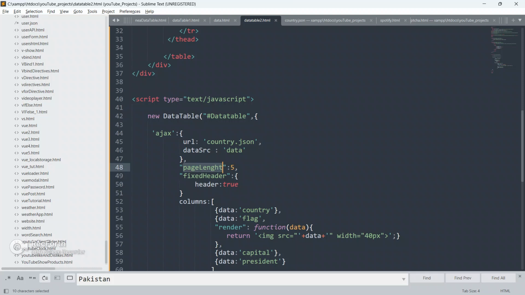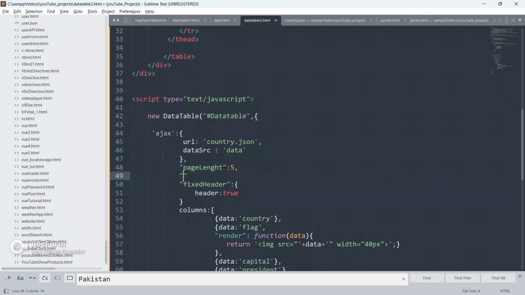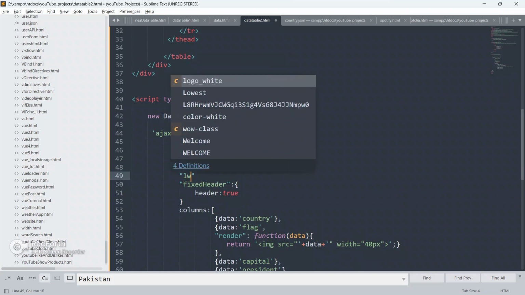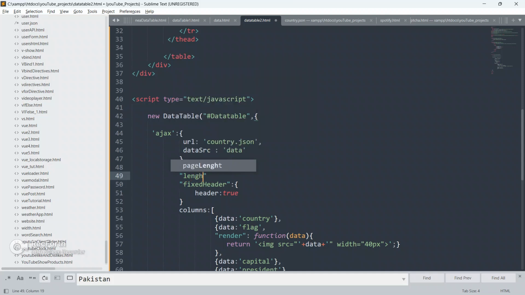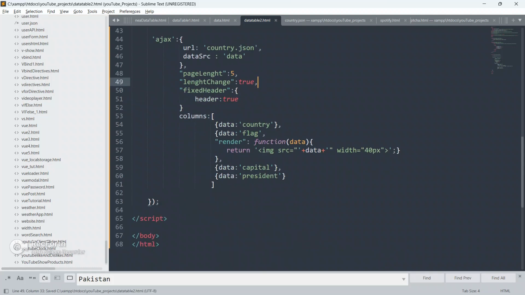Okay, we have got some issue, guys, page length, okay. And we will also have to define length change true, okay. So length change colon true.